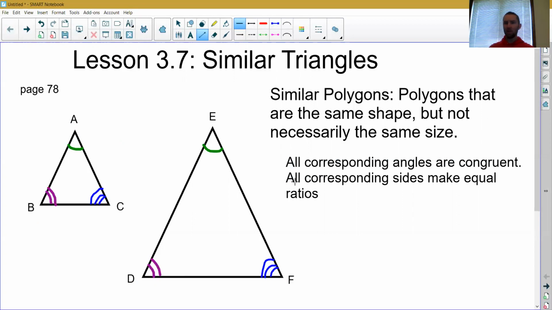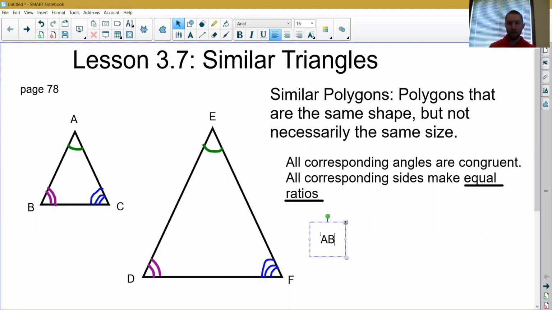Second part, all corresponding sides make equal ratios. We're going to talk more about these equal ratios in our next video. But for today, all we're going to try to do is identify what our corresponding sides are. So in this triangle, for example, if I look at side AB, and I'll put the segment mark over it here in just a second, AB,